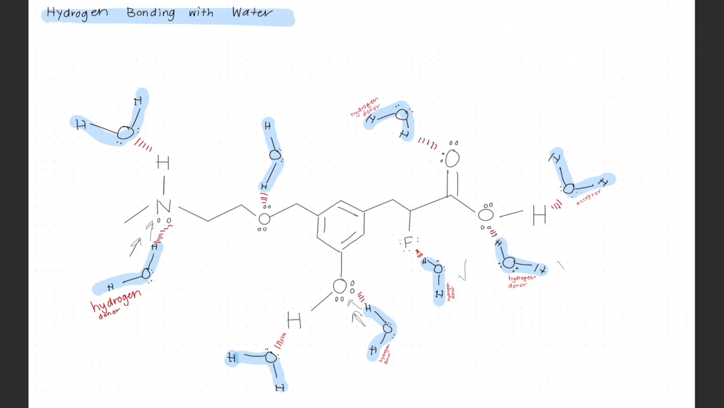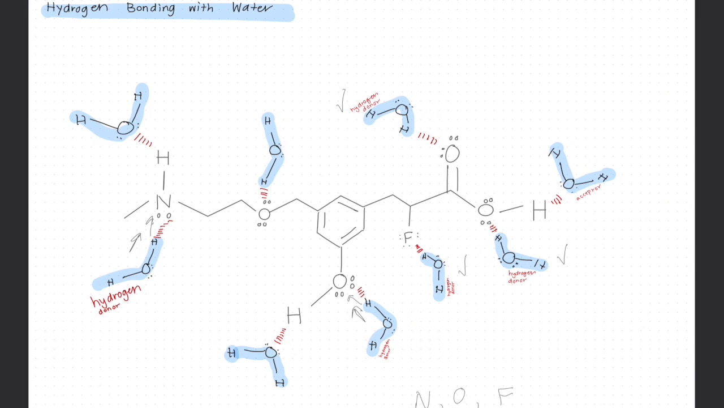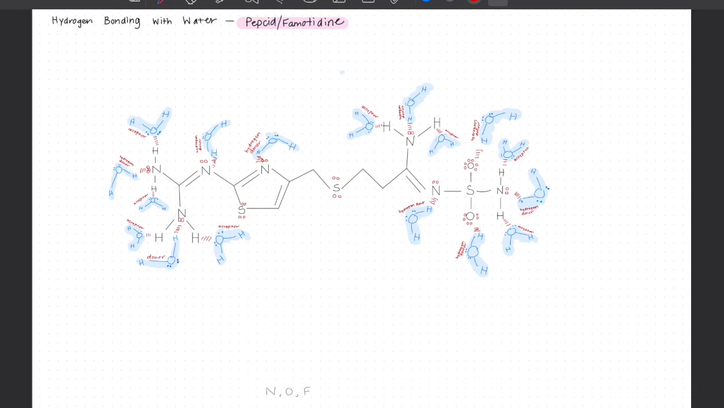Here's another one, and another one. And a hydrogen bond is when a strong electronegative atom, such as nitrogen, oxygen, or fluorine, is covalently bonded to a hydrogen atom, such as NH, OH, or FH. So now I'm going to demonstrate the ways my molecule famotidine or Pepsid can form hydrogen bonds